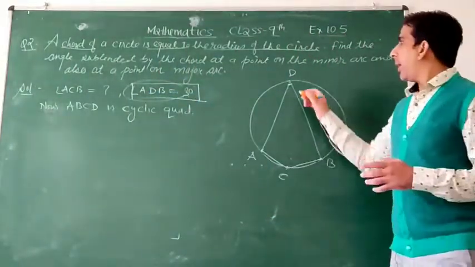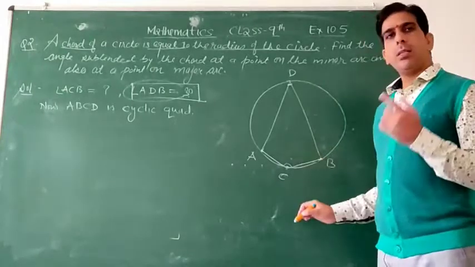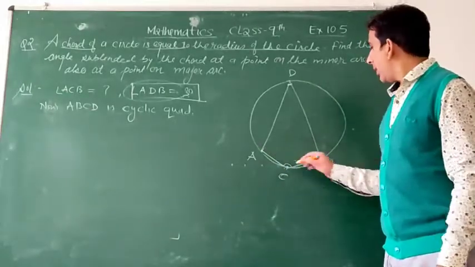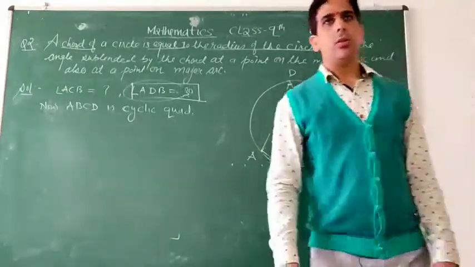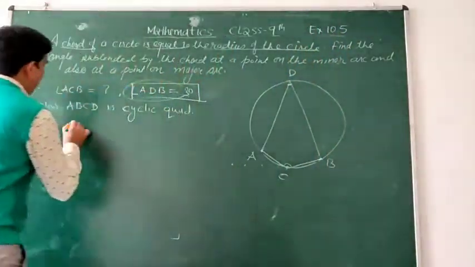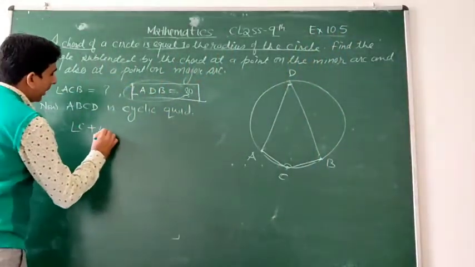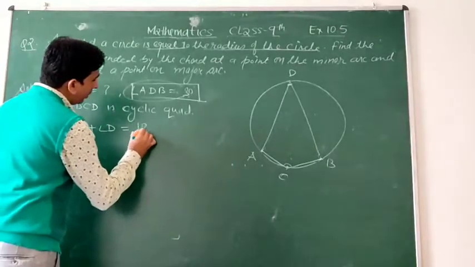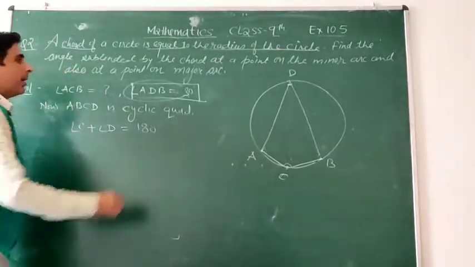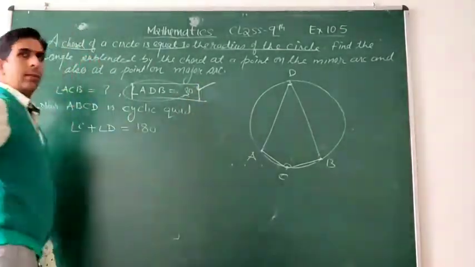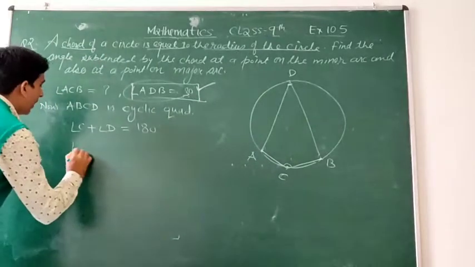So angle D plus angle C is 180 degrees. Angle A plus angle B is also 180 degrees. Angle C plus angle D is equal to 180 degrees and angle D we have 30 degrees. So angle C